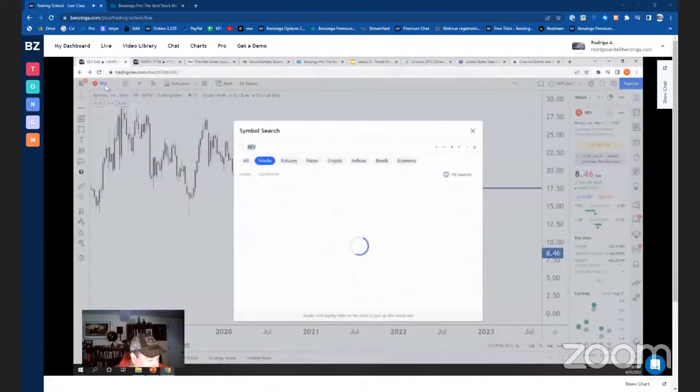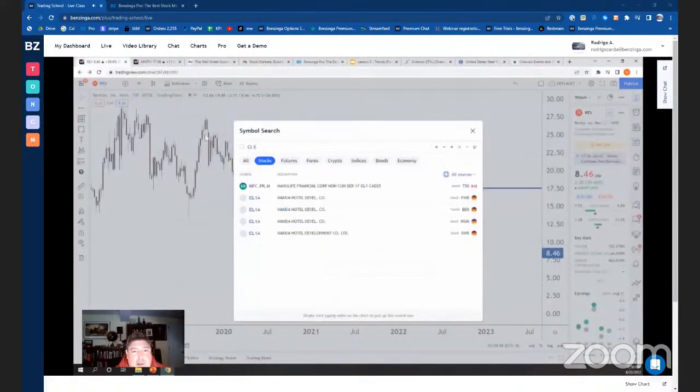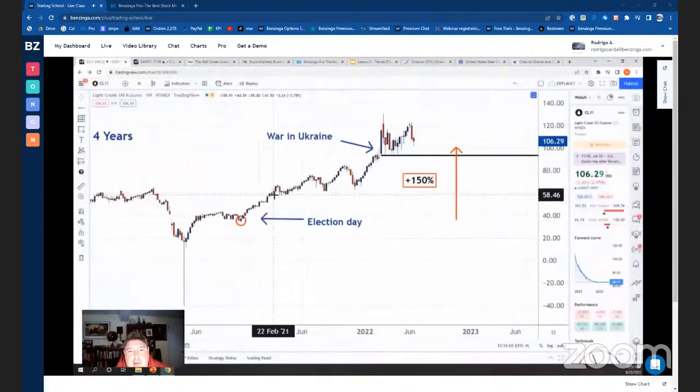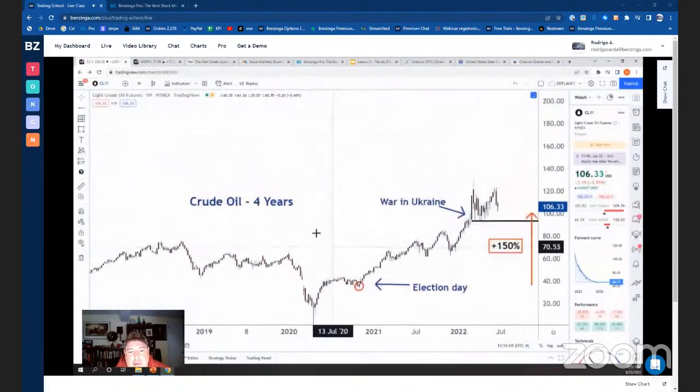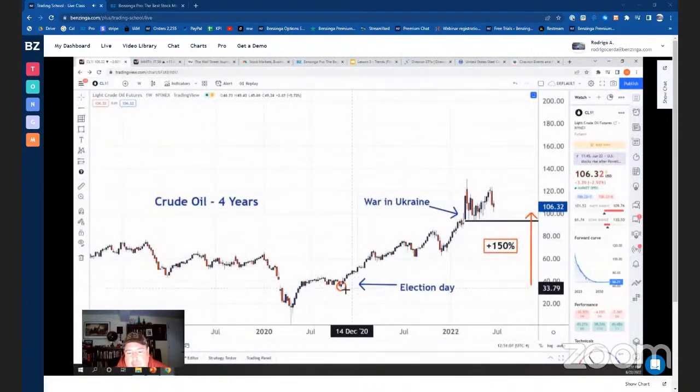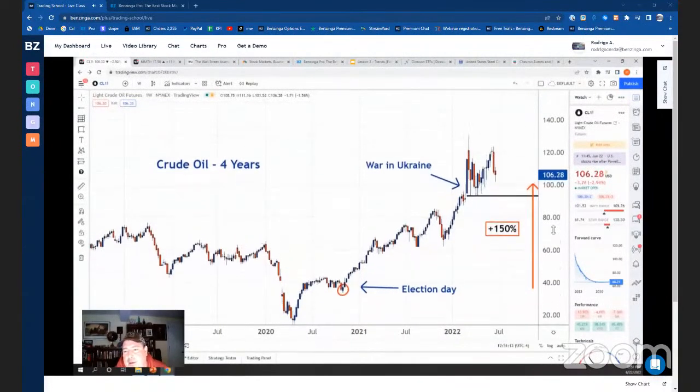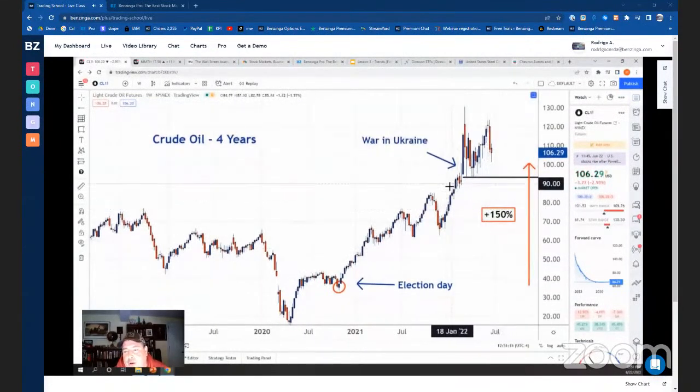And if we look at oil, you don't need to be a market guru wizard of timing to see this. This is the COVID sell-off, and then this is right where the election was, and oil went up here. What's unfortunate about this is that this oil, this here, is what is financing the war for Putin. If oil was down here, he wouldn't have had the money to go in there.